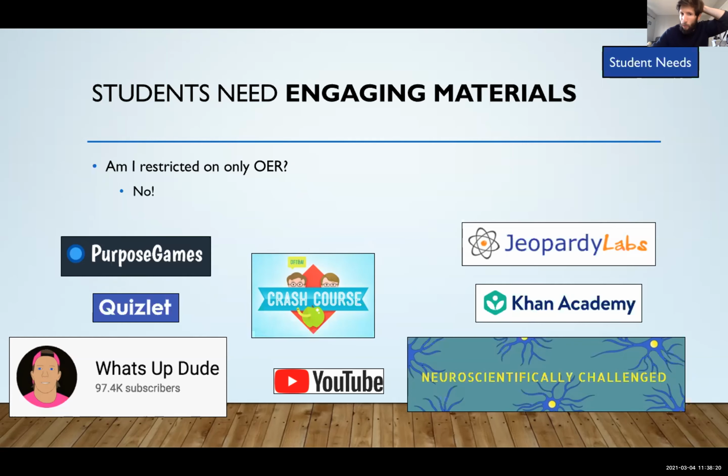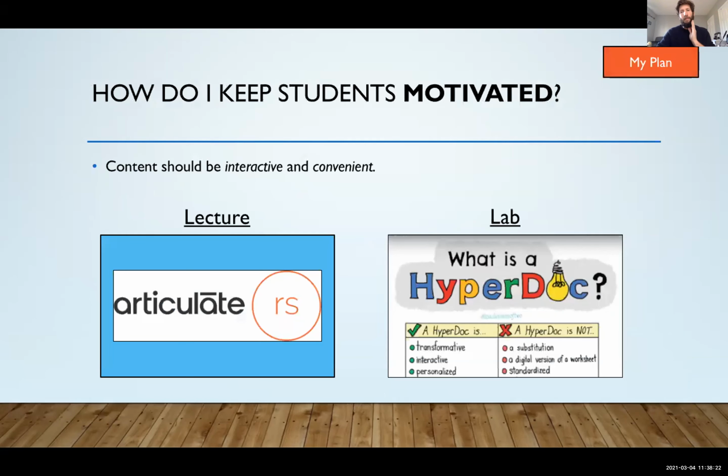So now I want to talk about what I'm doing specifically in my anatomy and physiology courses. One of the challenges with A&P is trying to find a way, especially online, to keep students engaged with the materials. It's pretty rigorous. The content is like learning a second language. If they're not familiar with the language of anatomy, it's very, very challenging. So trying to find ways to keep student spirits high and keep them interacting with the materials is a challenge,